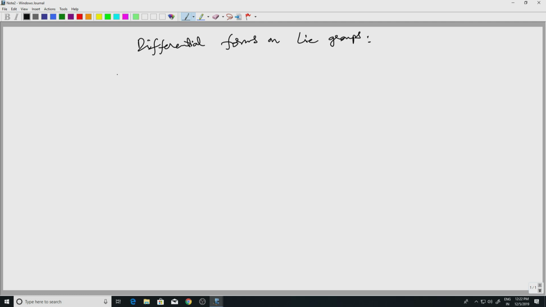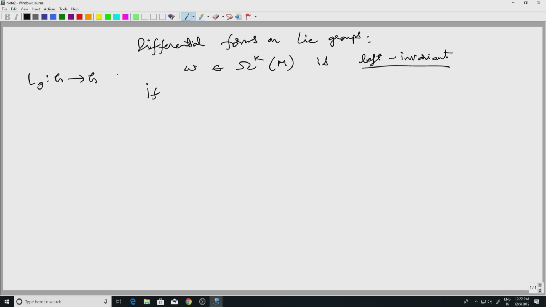So let's make the following definition: we say that omega is left invariant if, well, I have the left translation diffeomorphism Lg, and the pullback Lg star of omega